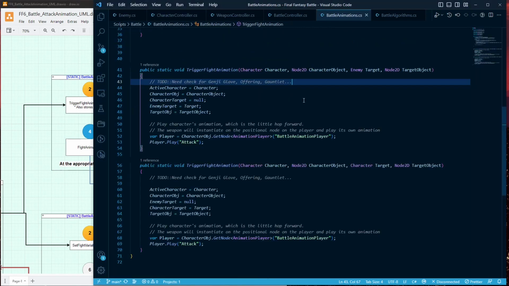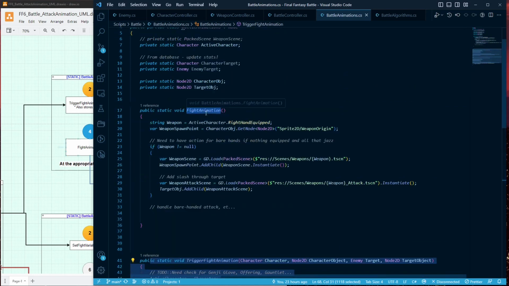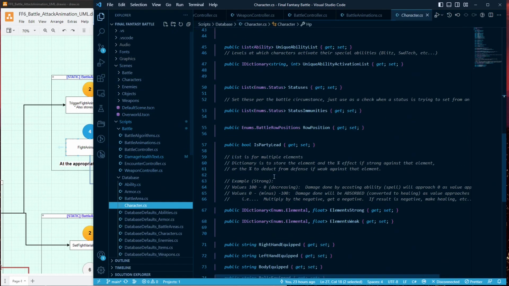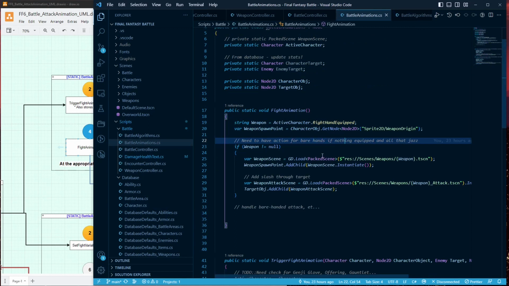So now in battle animations, this is where we set them originally in that earlier step, and now the animation is going to fire this off. I did add to the character class down at the bottom here, just equipment, and that way we can store right hand equipped, which is all I bothered with for now just to get this working. So it's going to grab that Lightbringer that Locke has equipped from the database object. Then we're going to get the weapon origin, which is that node that determines the position where this is going to spawn. Then we're going to instantiate the weapon scene and add it at that point as a child. And then the attack scene, which is that slash,